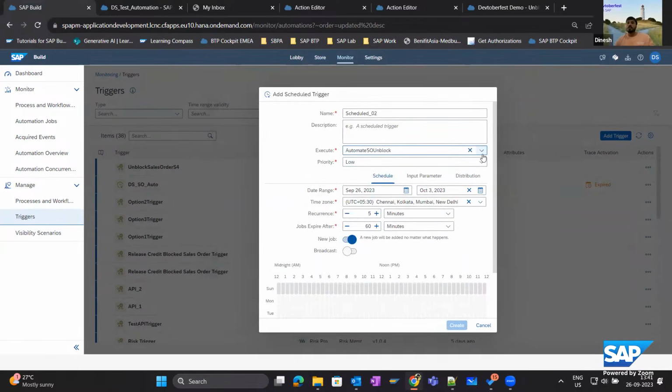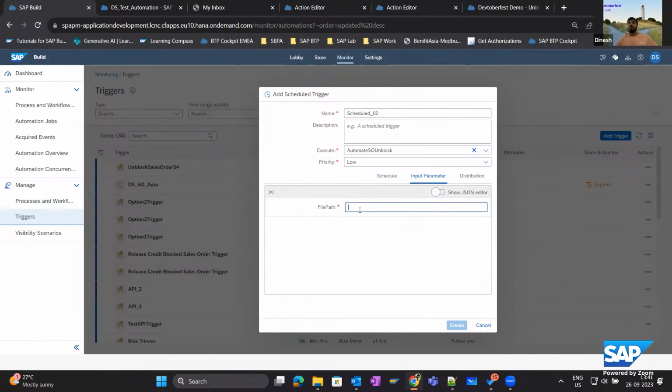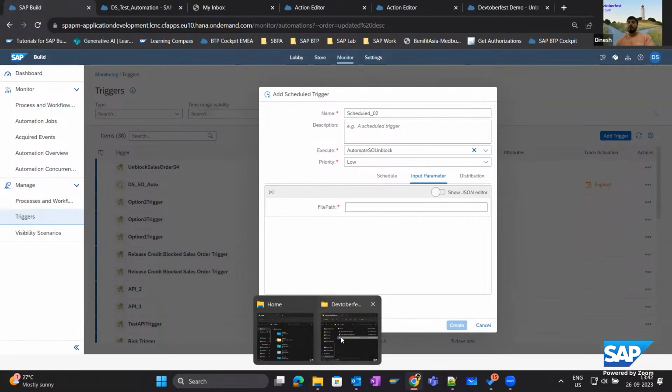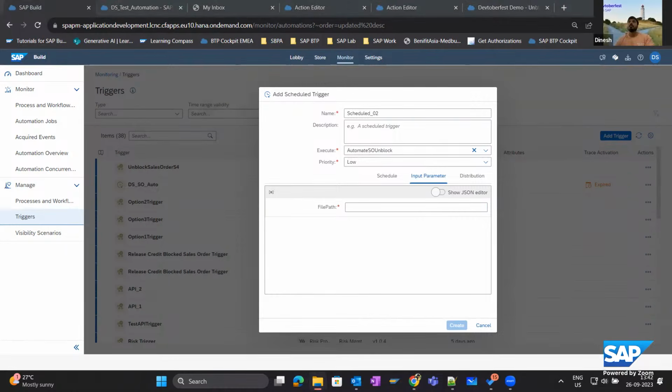Since I have chosen the trigger already, it tells me what automations are available. I choose that. I give the time frame, whether I want it to run in a date range, at off time, or over the weekends. I can decide that, choose the time frames, and input parameters, again the file path from where it has to pick the file. Once you do that, let's say in my case I have a file, I just copy its path. I'll show it quickly here. I just need to remove the quotes. So when I create it,